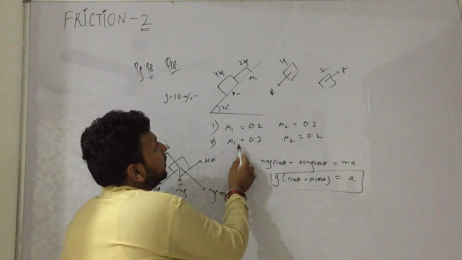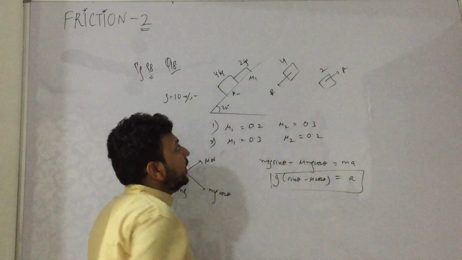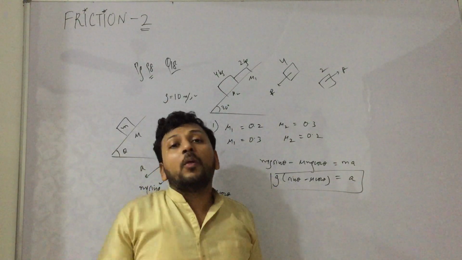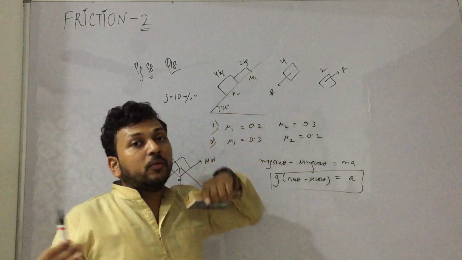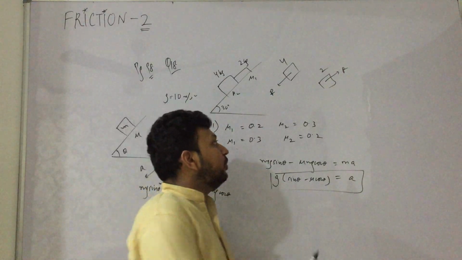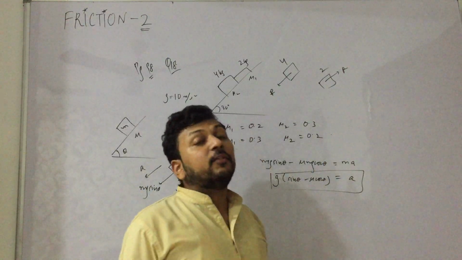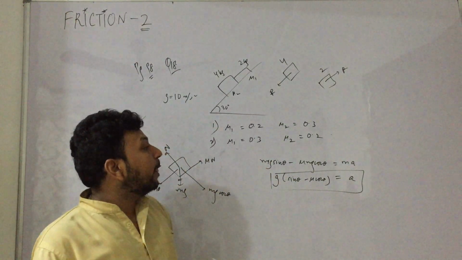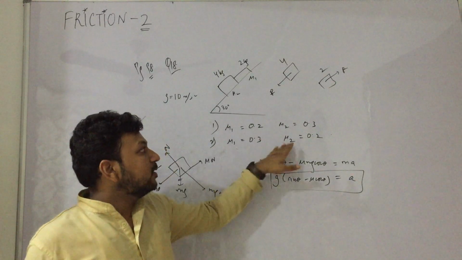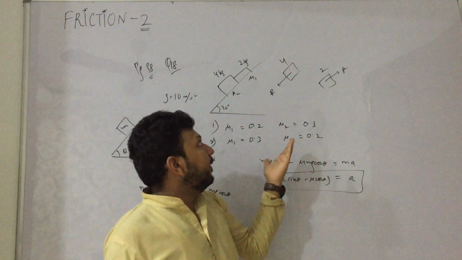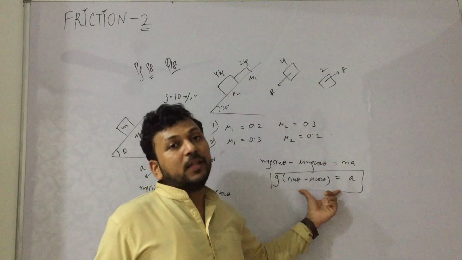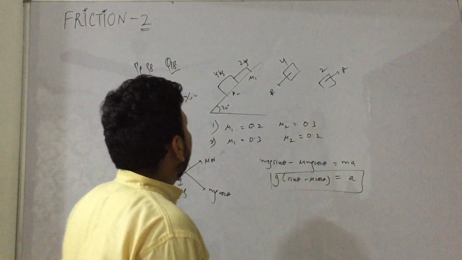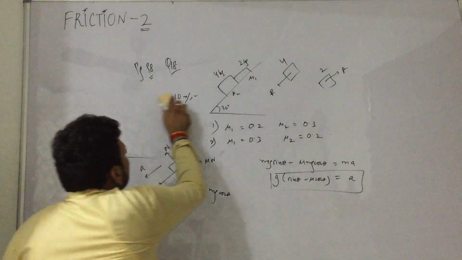Now in the second case, mu1 is more, mu2 is less. That means the 4 kg block is trying to move slower, and the other is trying to move faster, so it will go ahead. So acceleration of both the blocks will be different in this case, okay? So this you have to understand. So how much it will be, you don't need to solve the FBDs again. You can just put the values in this formula, because they are coming on their own. There is no connection between them. Yes, I am erasing this. This is how this question needs to be solved.